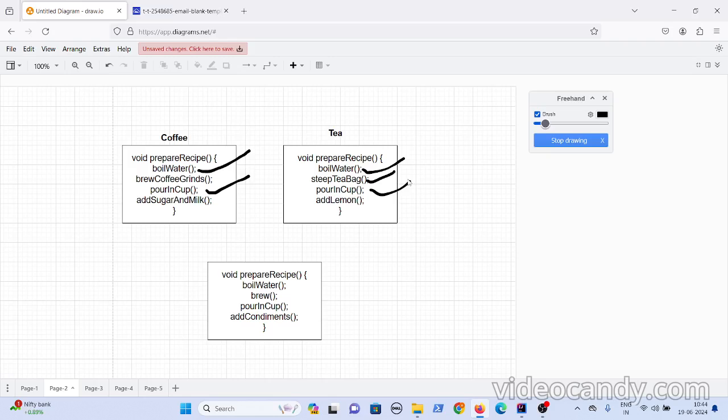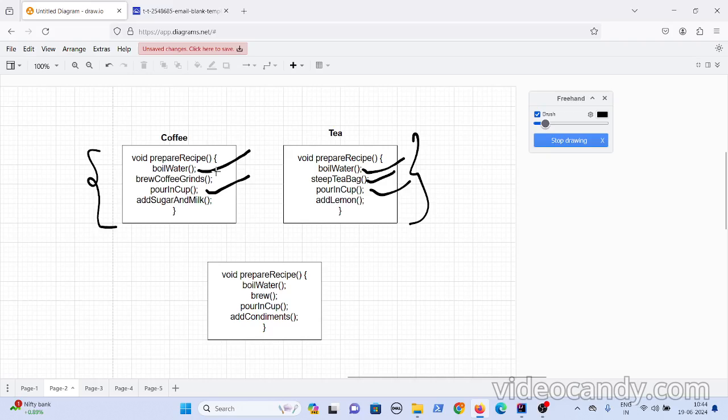You create a separate class for coffee and add these 4 steps, and then you create a separate class for tea and add these 4 methods, like boil water. Inside the boil water method you add the process related to boiling water, and inside each and every method you have the implementation.